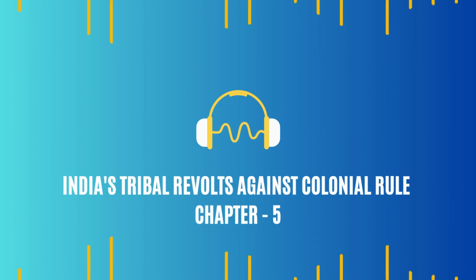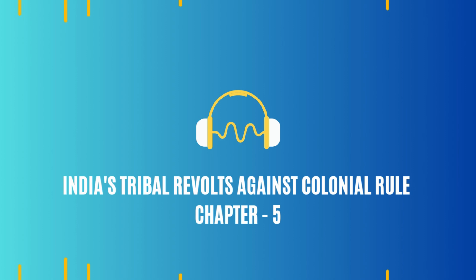The British, without talking to the Khasi chiefs or getting their permission, started building the road, encroaching on Khasi territories, disrupting their traditional way of life. So again, the British imposing their will without any regard for local communities. Exactly. And to make things worse, they started forcing Khasi laborers to work on the road, which was seen as a direct attack on their freedom and dignity. Almost like they were intentionally provoking the Khasis.